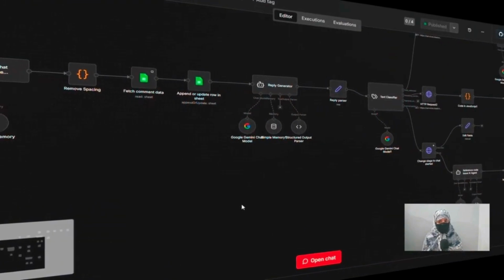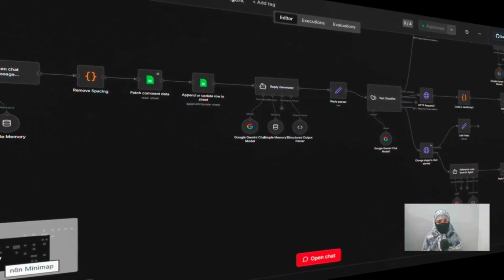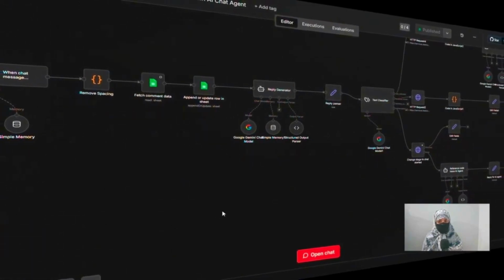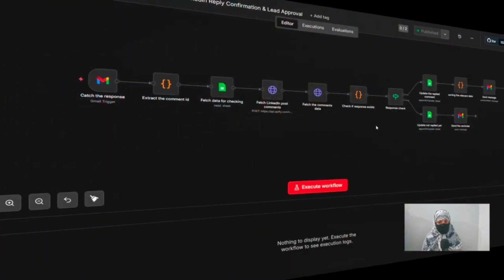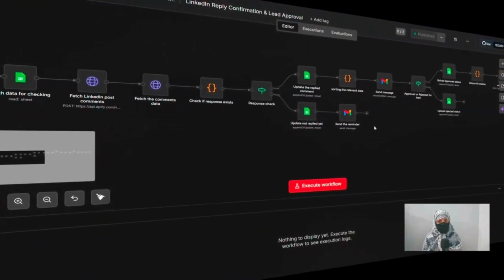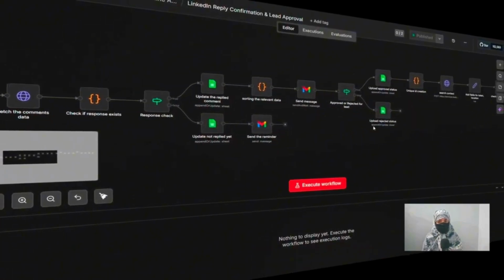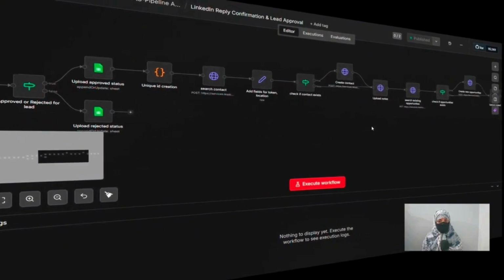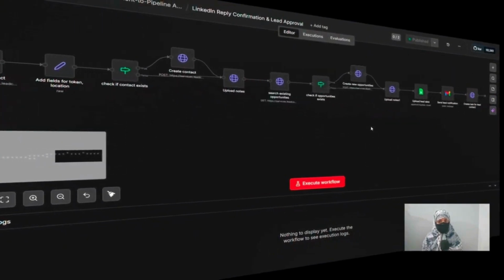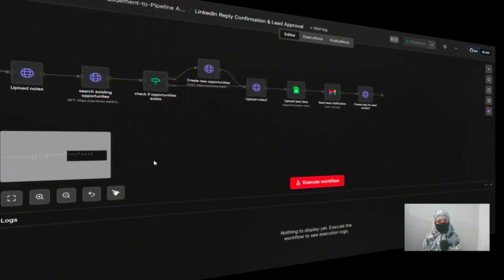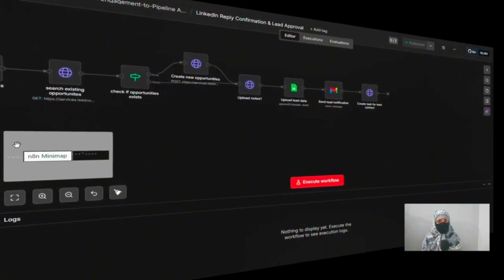Today, I'm showing you stage 2 of my LinkedIn automation engine. Now, if you haven't seen my previous video, I want you to quickly go check that out first. In that video, I walked through how to filter LinkedIn post comments to identify which ones are actually potential leads and how to create those leads in Go High Level. This video is a direct extension of that workflow. I am picking up right where we left off and showing you what's new. So with that said, let's get into it.